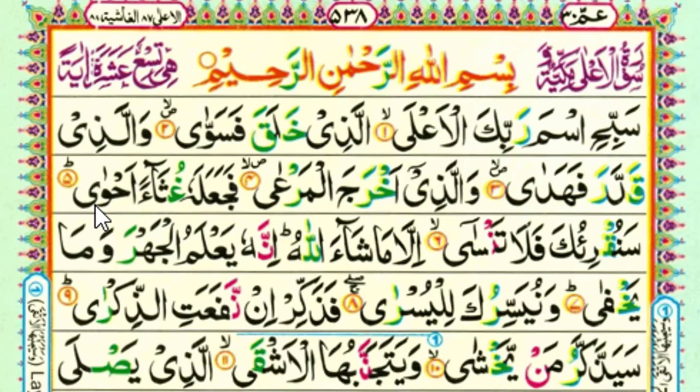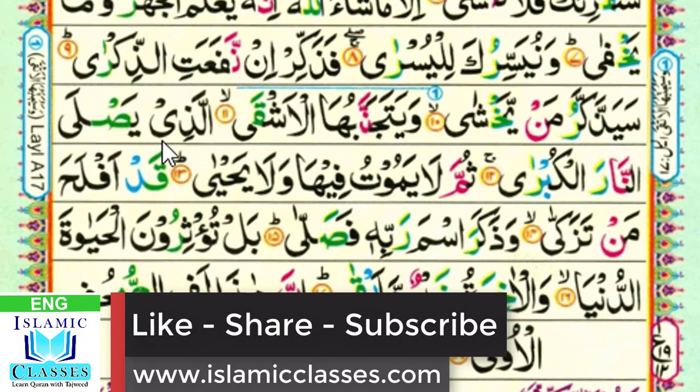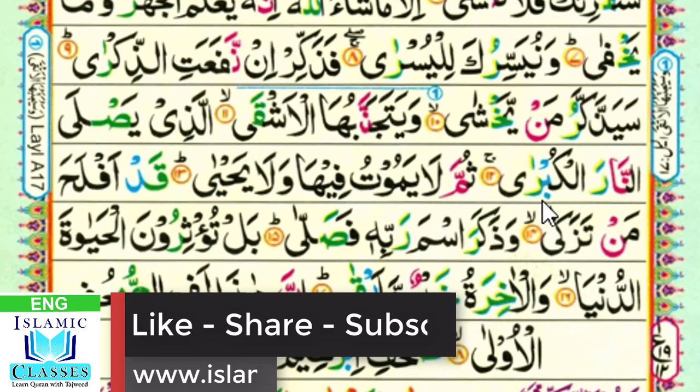غثاء أحوى. سنقرئك فلا تنسى إلا ما شاء الله. إنه يعلم الجهر وما يخفى. ونيسرك لليسرى فذكر إن نفعت الذكرى سيذكر من يخشى. ويتجنبها الأشقى الذي يصلى النار الكبرى